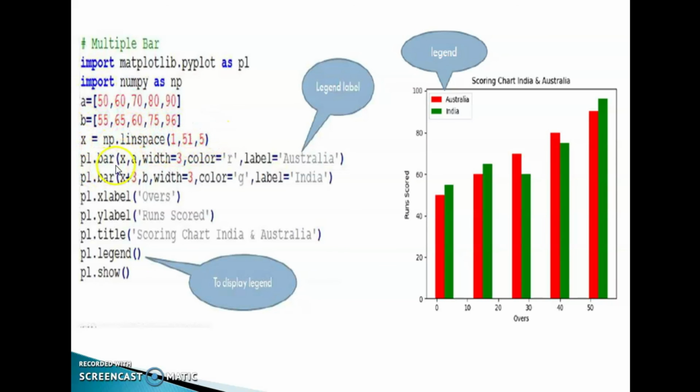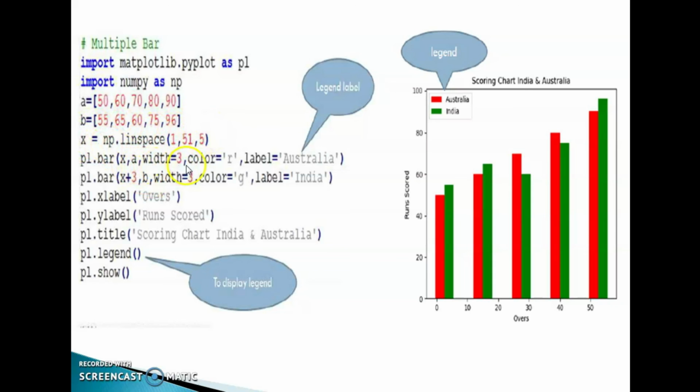After that, we are using the bar function, that is pl.bar. Within the parenthesis, we specified x comma a. First one, x comma a. a is these values 50, 60, 70, 80, 90. x is all these x points.